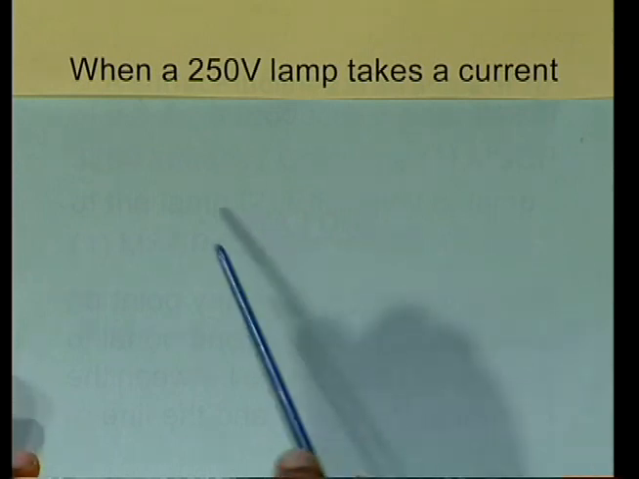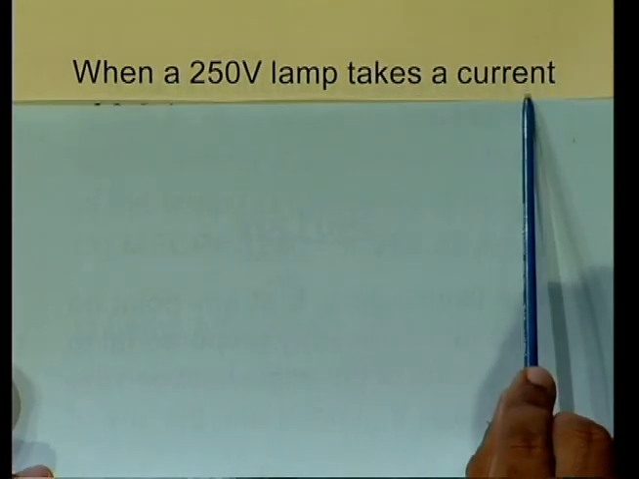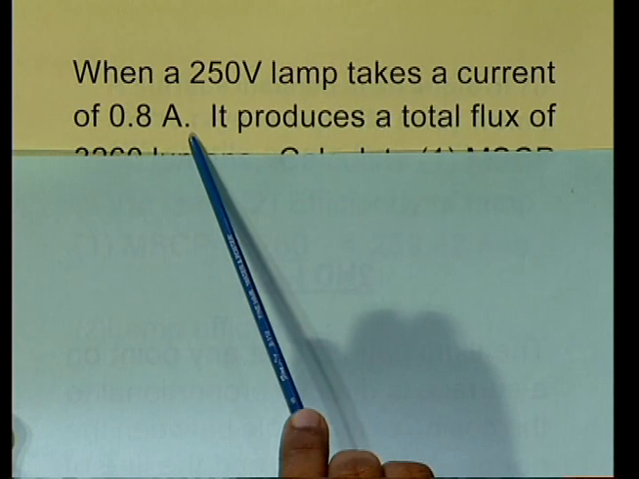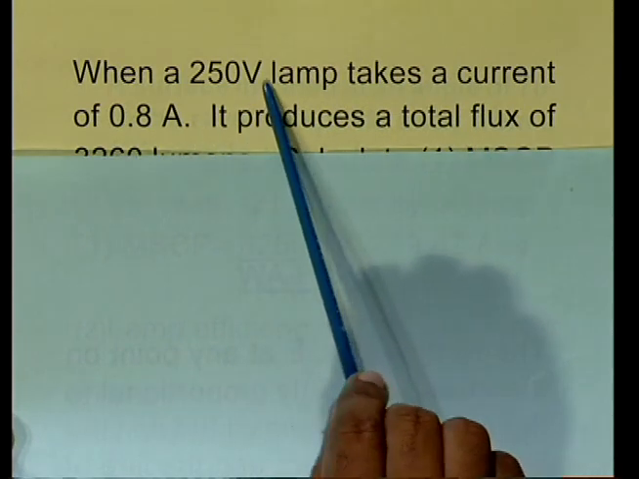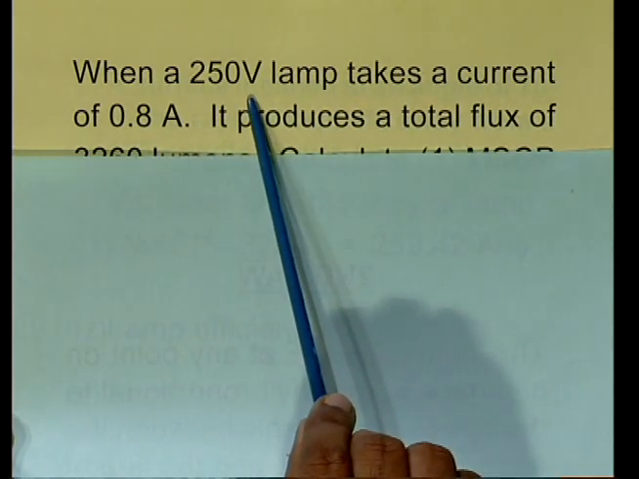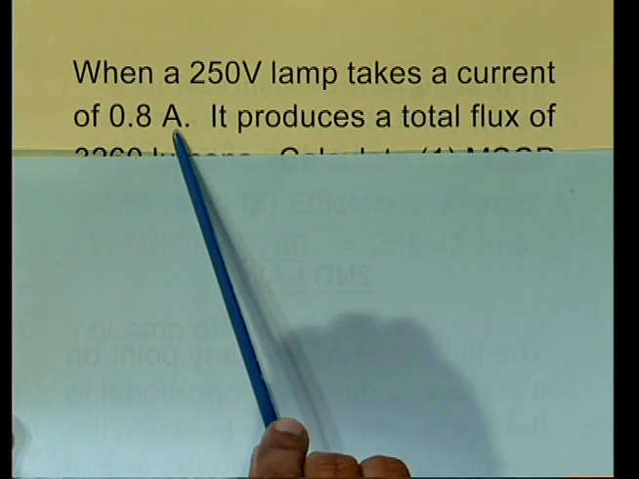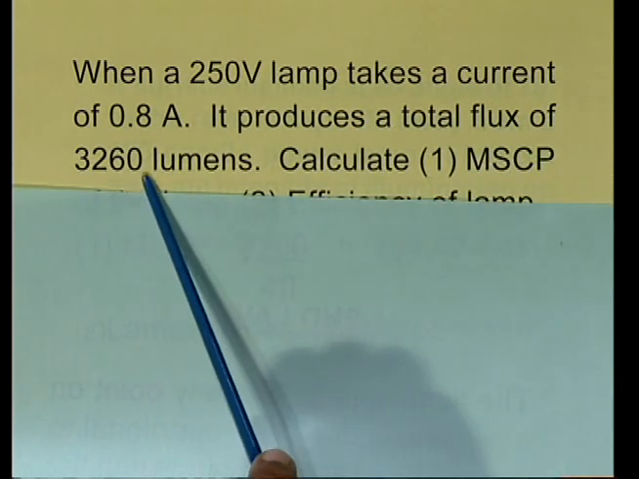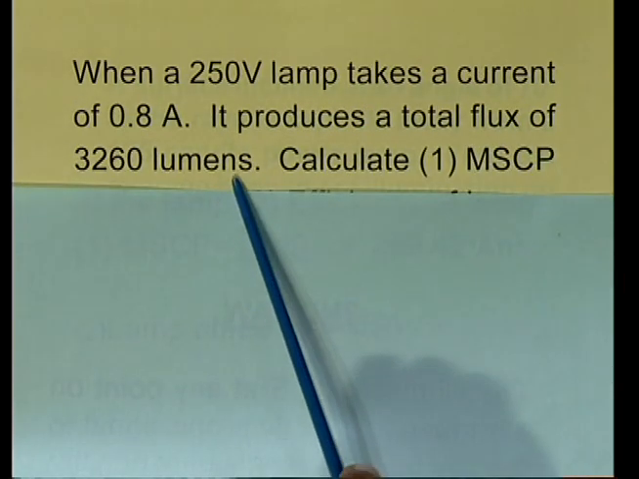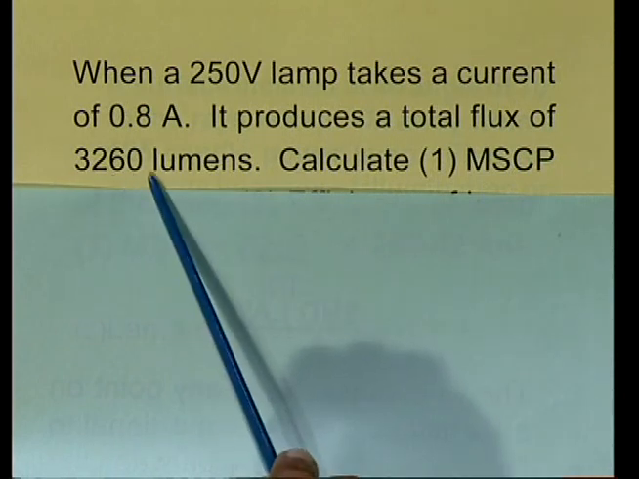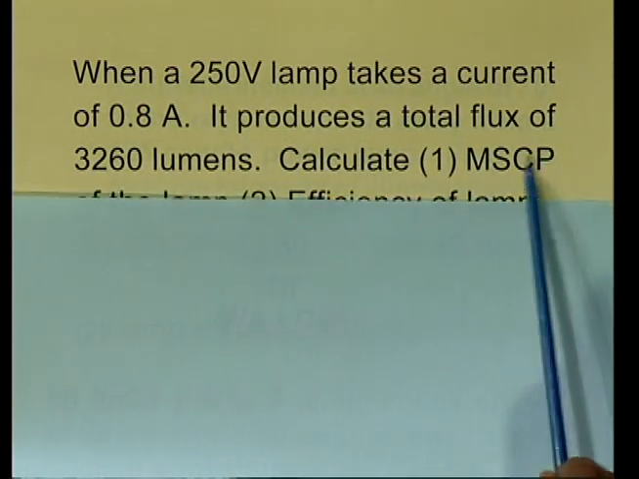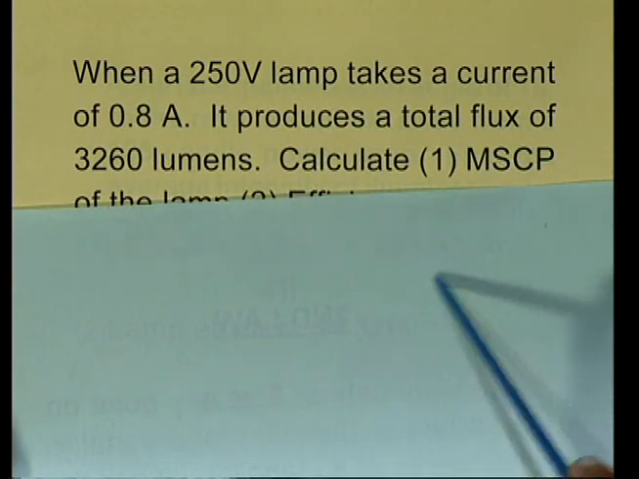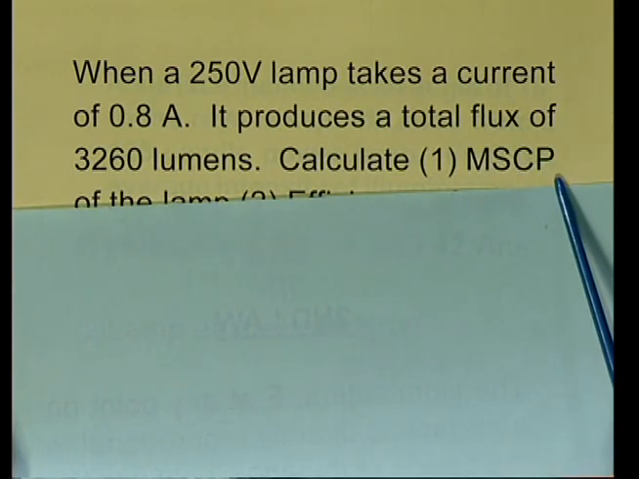Now, the question is, when a 250 volt lamp takes a current of 0.8 amps, that means the lamp has a voltage of 250 volts and takes a current of 0.8 amps, it produces a total flux of 3260 lumens. That means the light output is 3260 lumens. Calculate MSCP. Here MSCP means mean spherical candle power,